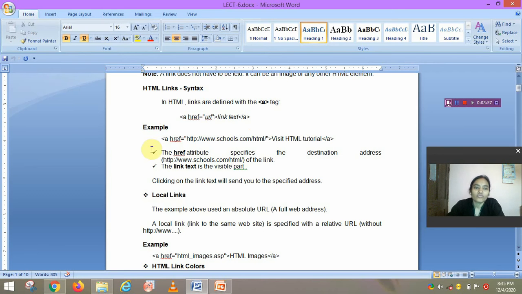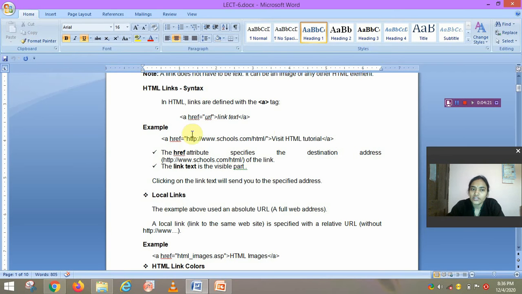For example, here a tag: angular bracket start, a href equals a file name within double quotes, then we close the angular bracket, then we write the text, visit html tutorial, then the a tag is closed.